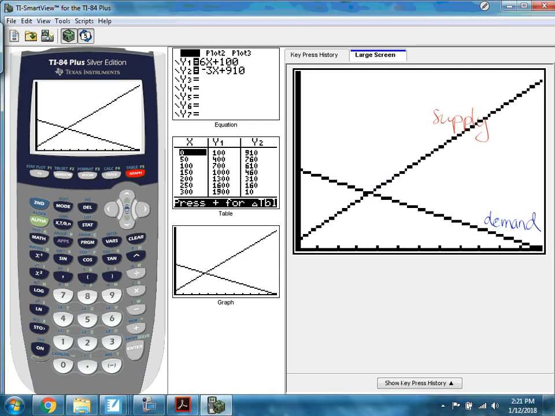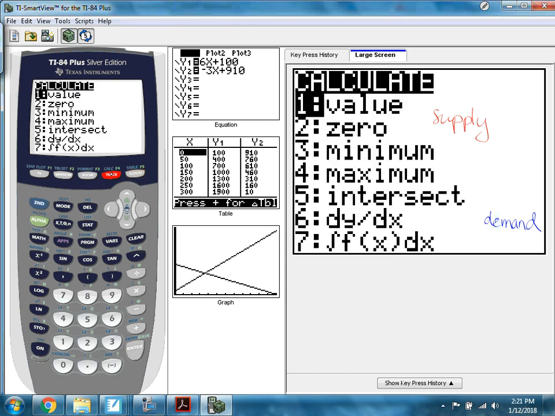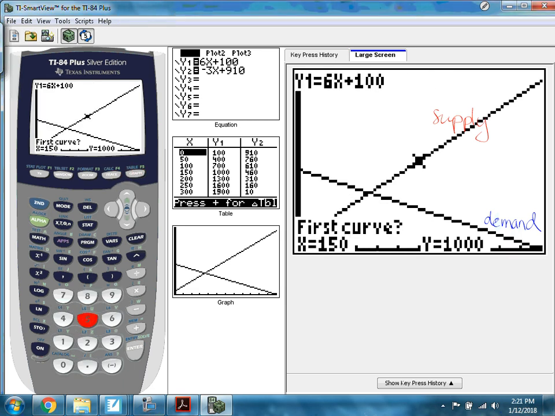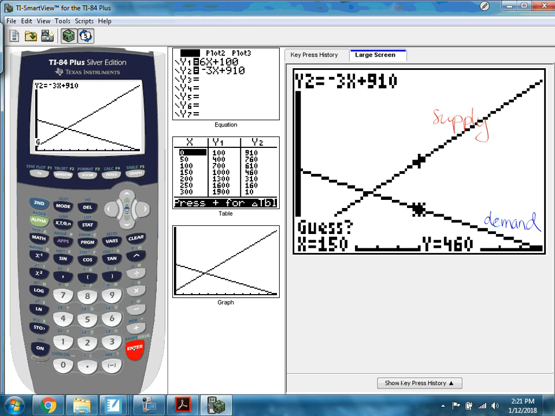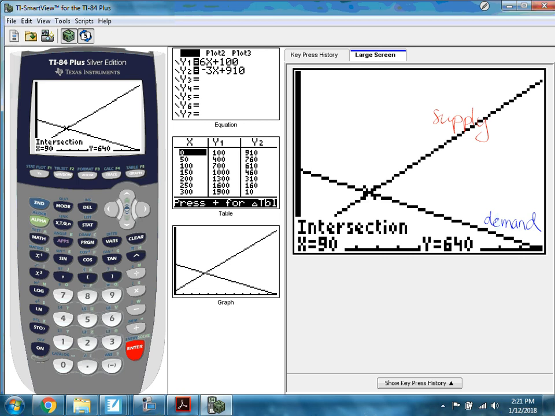So that's right here. So let's calculate it. So what do we press? Second and trace. Okay. Which one? 5. Okay, and how many times do we have to press enter? 3. 1, 2, 3. Okay, so it looks like at a price of $90,